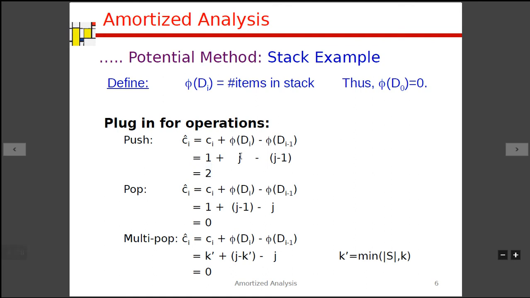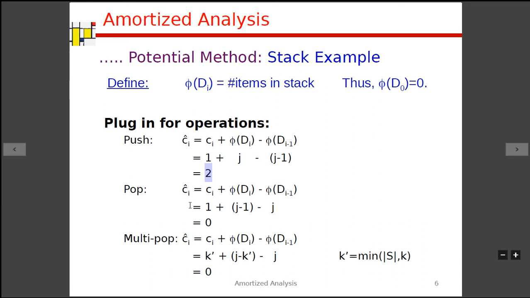Now you might be thinking why exactly the potential of j has become 2. It is because from the current transaction, we are pushing the next or second value. If you remember, when we saw the accounting method as well as aggregate analysis, the overall cost for push was charged as 2. So the cost of the current operation is 1 plus the change in potential, 2 minus 1, that is 1. So this 1 plus this 1 becomes 2. So this is about the push operation.